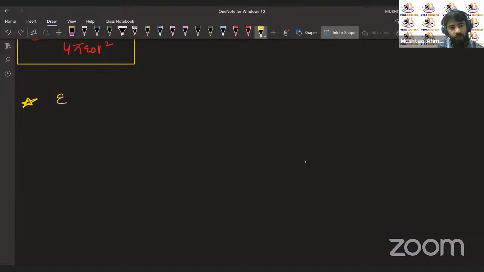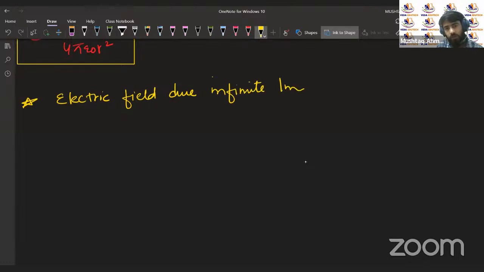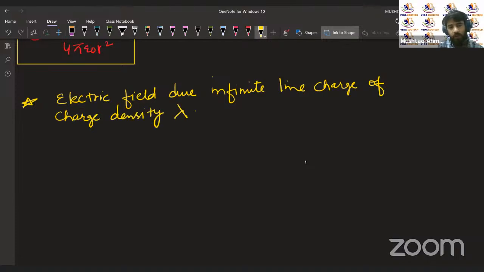We'll try to find the electric field due to infinite line charge of charge density lambda, right? So if we have an infinite line charge distribution like this,